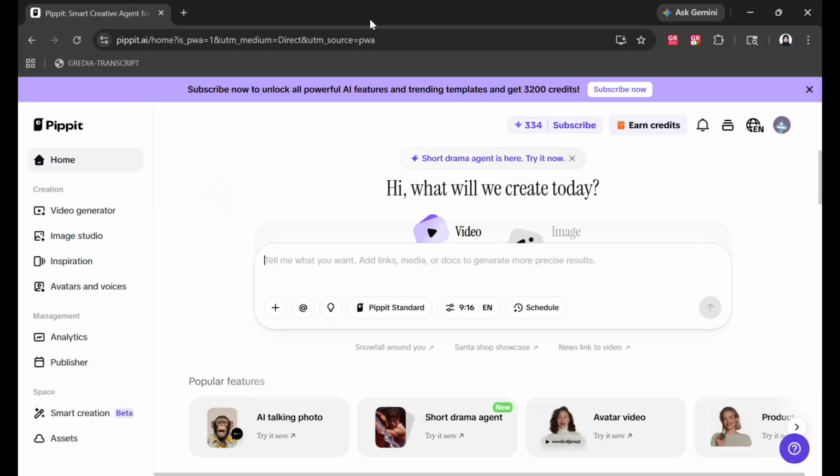In this tutorial, I will show you how to turn your photo into a clumsy scribble drawing using Pippit AI. Pippit AI is an AI tool that will help you create any AI content, like AI talking photos, short drama agent, avatar videos, product photos, product video, and many more. Here, we will use this tool to turn your photo into a super goofy, badly drawn scribble